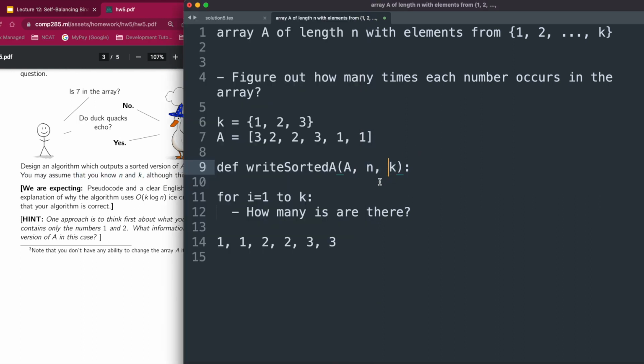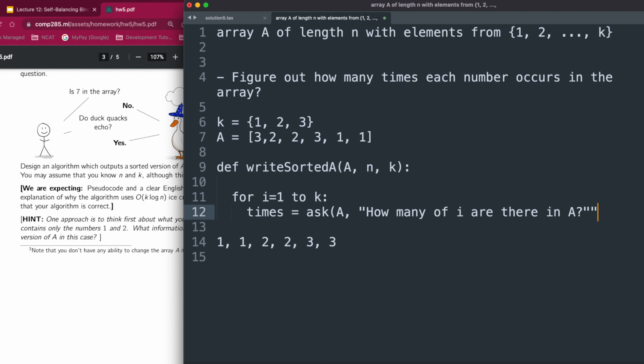Technically, this is not necessary, and I'll tell you after we walk through the solution why it's not necessary for you to assume that you know them. But let's start with the solution where you know N and you know K. So that means we can write this quick pseudocode, where essentially we would want to do something like this. Let's ask our duck, how many of I are there in A? Ideally, if we could do this, we could just ask him for this number, like how many are there, then